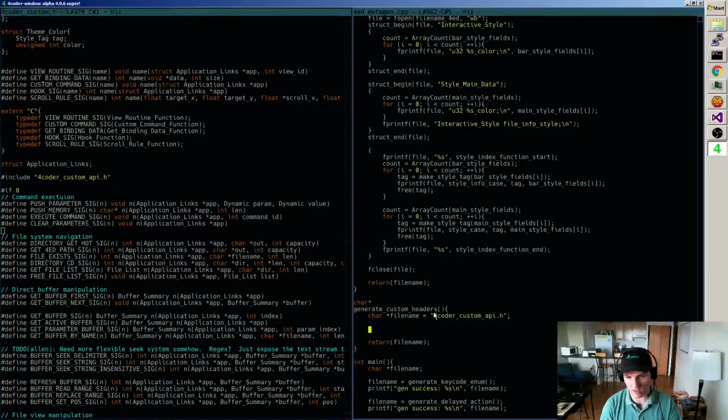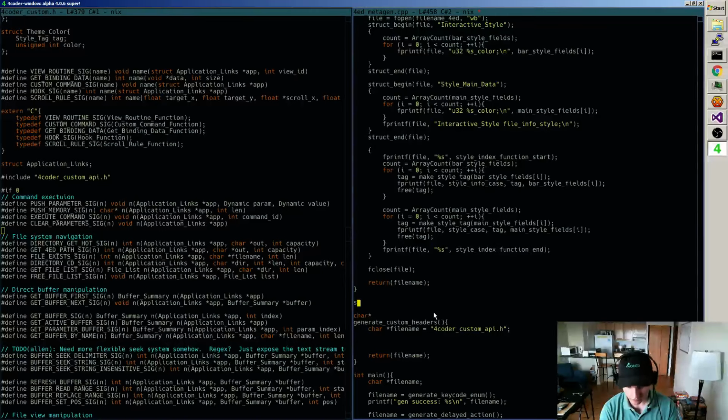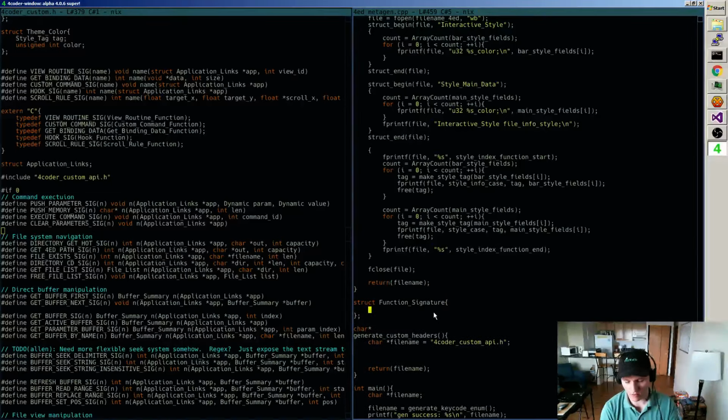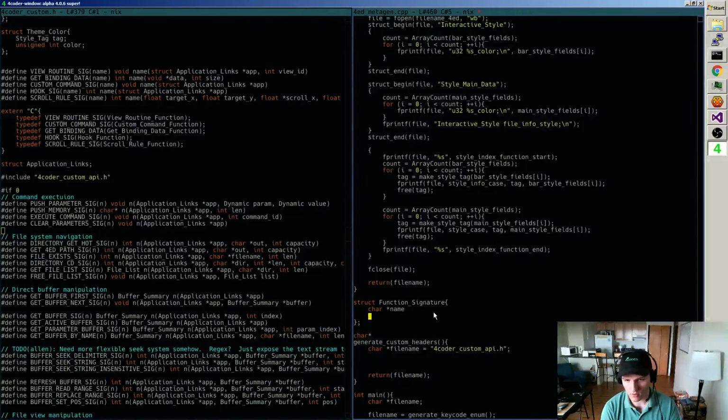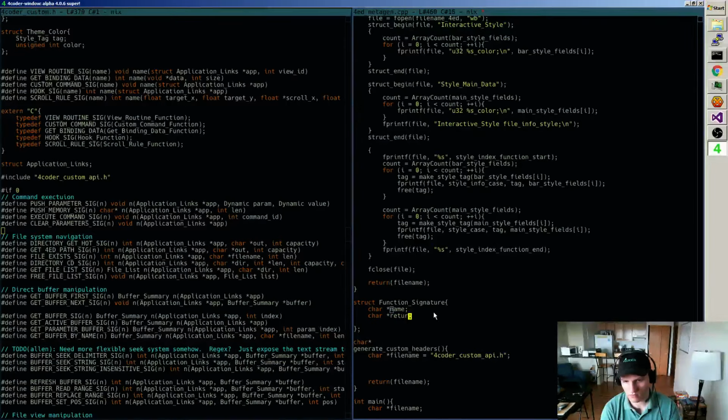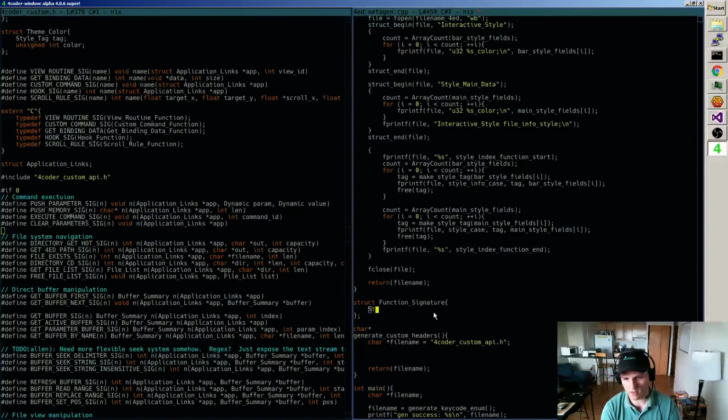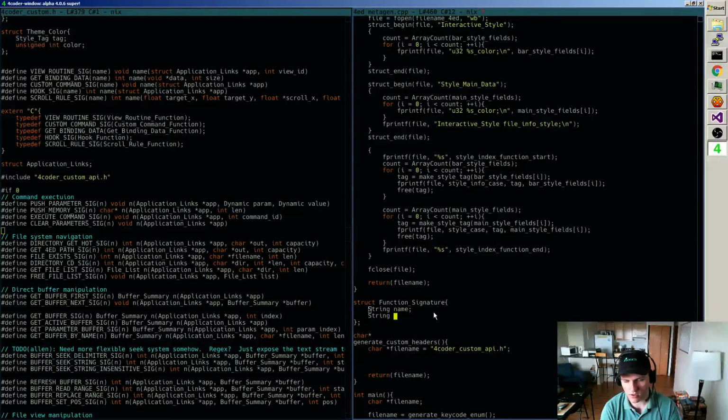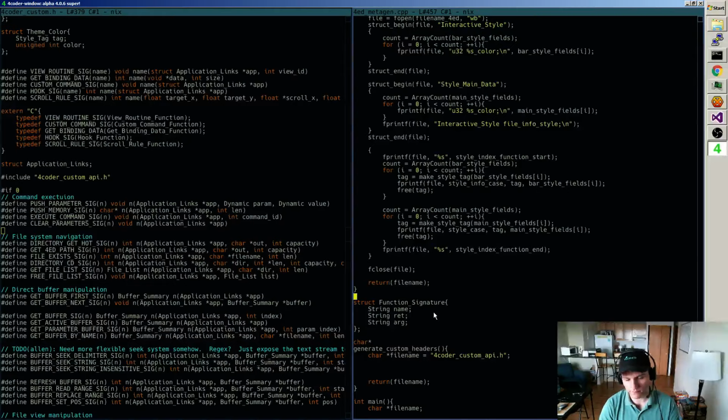So I'm going to start by just saying, let's set aside a struct here called function signature, where the function signature basically looks like we have the name, we have the return, ret, and let's do these as my fancy strings actually. So string name, string ret, and string arg, right?